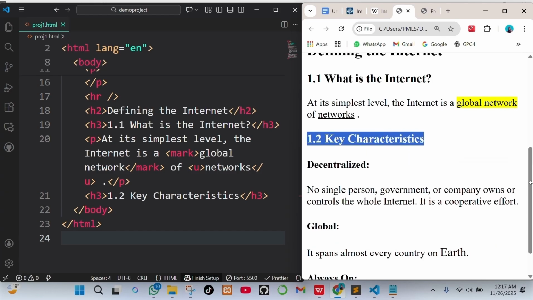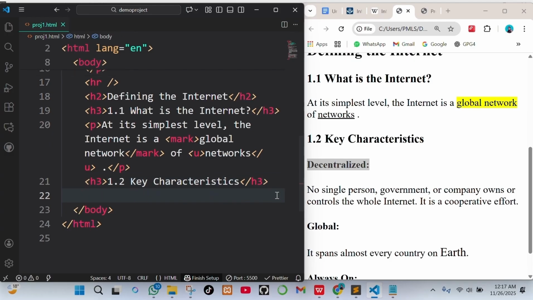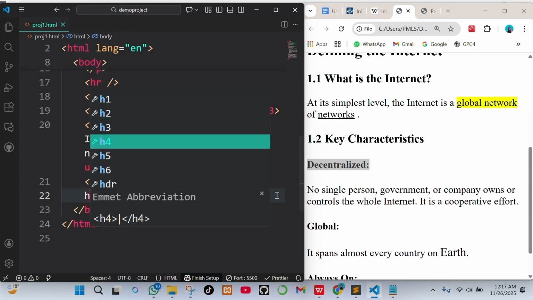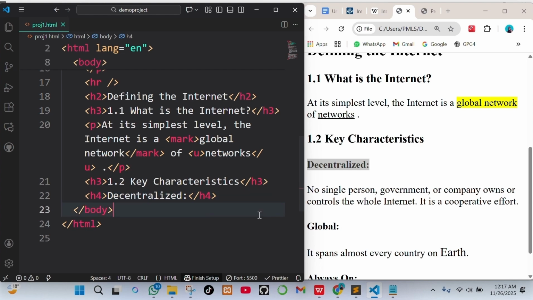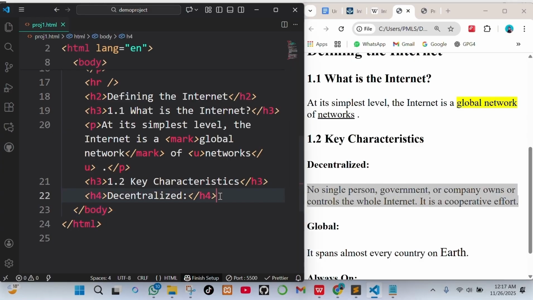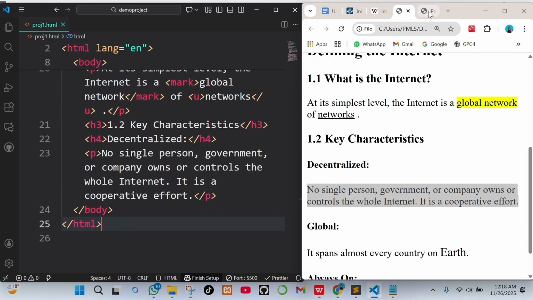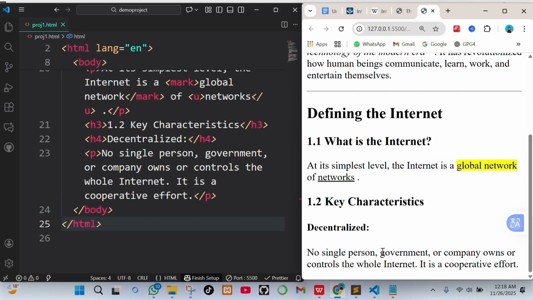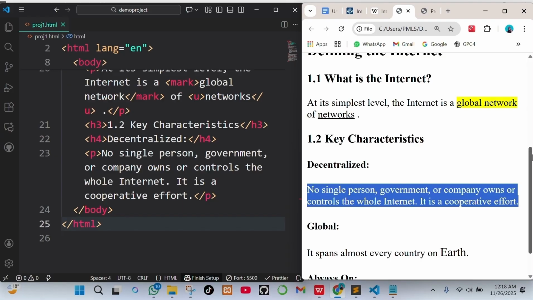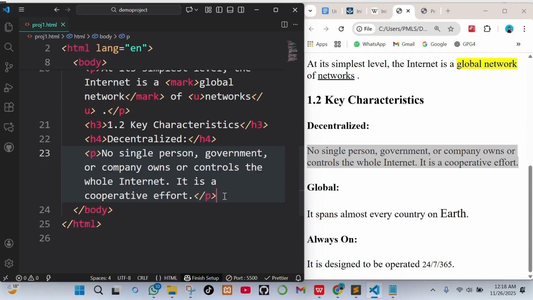After H3 we have H4. Control C. Just put H4 and paste the text, and then we have a paragraph. You can see we have H3 and paragraph. Similarly we have then H4. We can copy this H4 and paragraph, Control C,